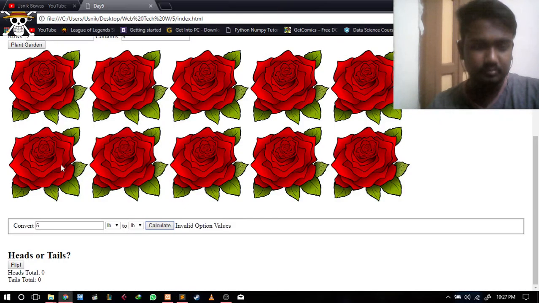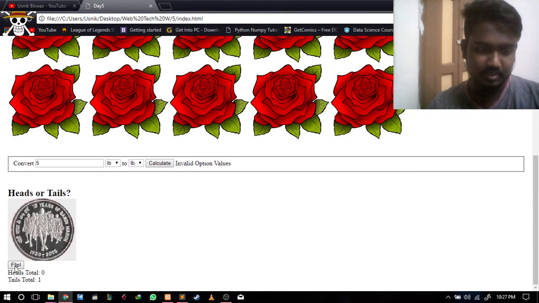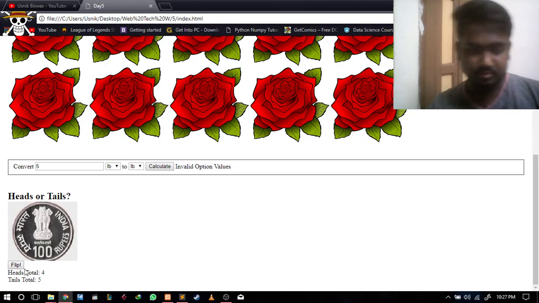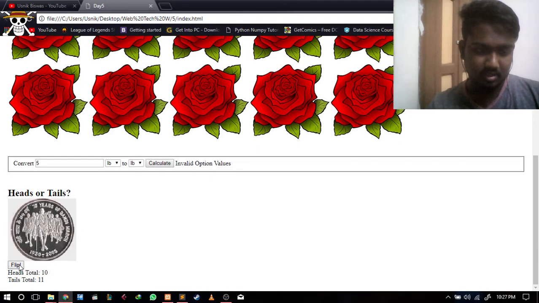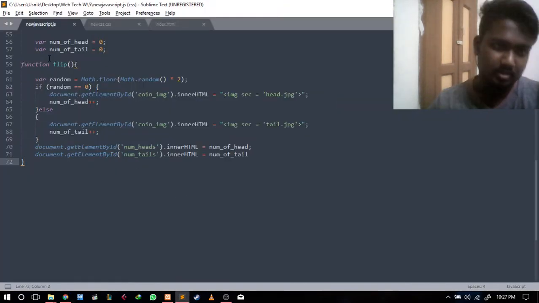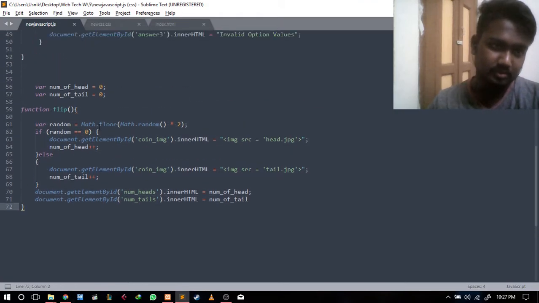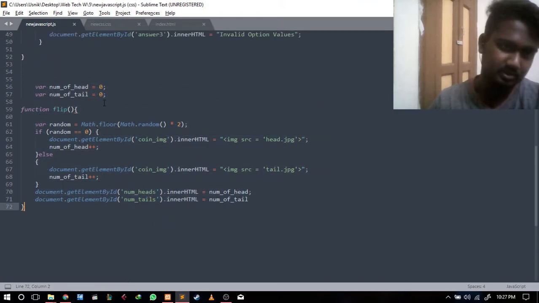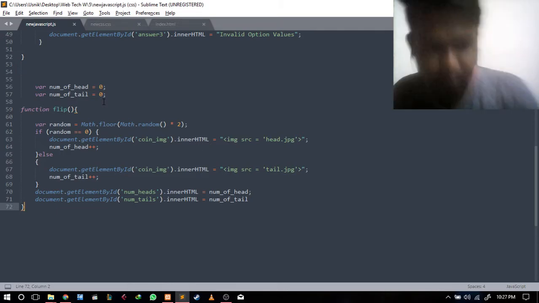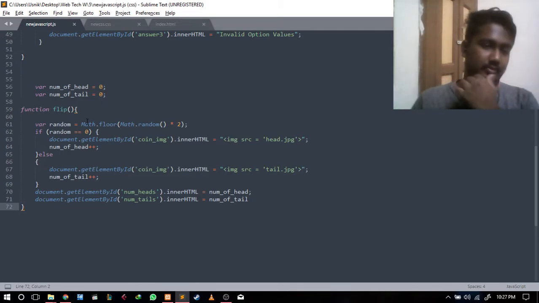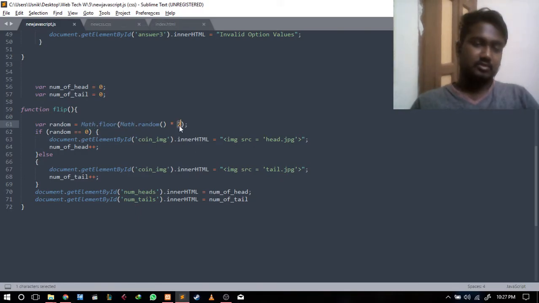Now the last question is to get heads and tails. The number of heads and tails flips I do, an equal number of times it will get incremented. It should be a random process. So this is my flip function. I've globally created num of heads and number of tails equal to 0, so that I can use them later. I've used the Math.floor option and Math.random option to get a random variable. It ranges from 0 to 1 only, and I've floored it